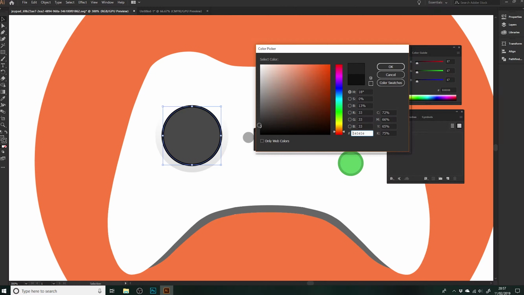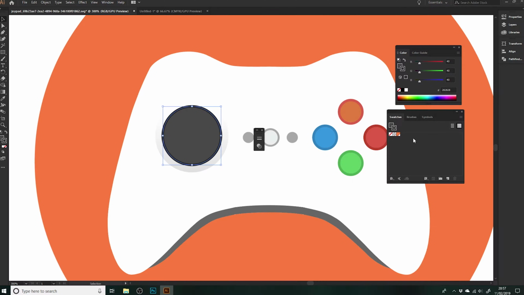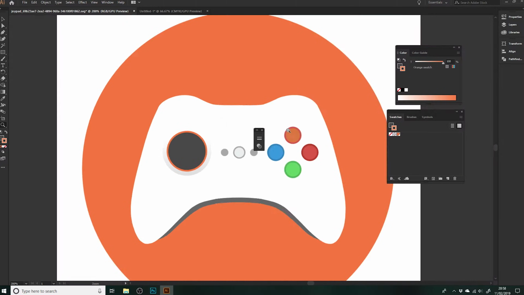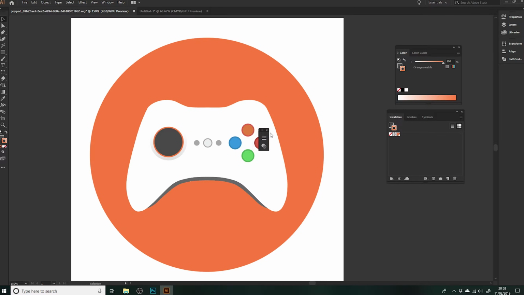And maybe we don't want it that dark, so we make it a little bit lighter, so we just double click. Or maybe we actually want it to be this orange colour, so all we have to do is go into our swatches, click the orange swatch, and it goes straight into orange. Or if you want this orange here and this grey to swap around, all you have to do is swap fill and stroke. So you can actually swap those around. Let's move this out of the way. So there we go. If we go back a few steps,